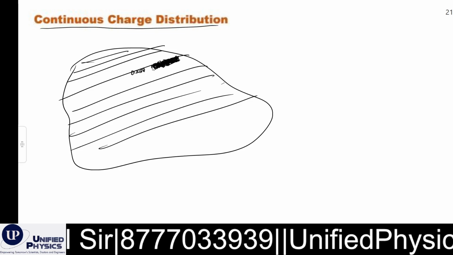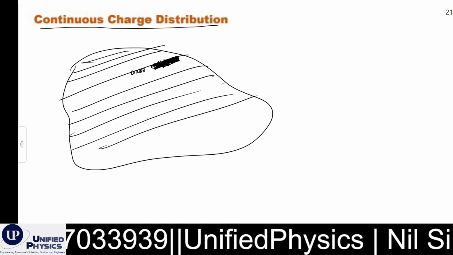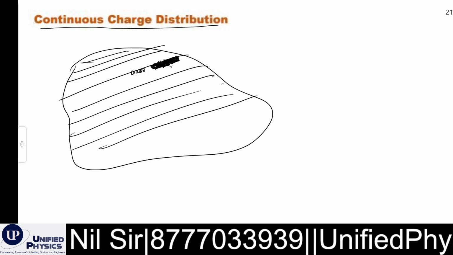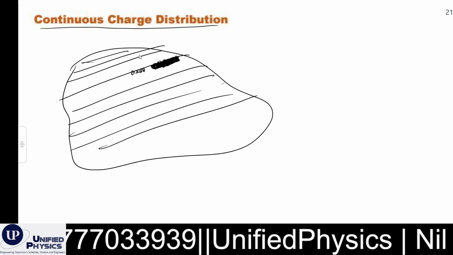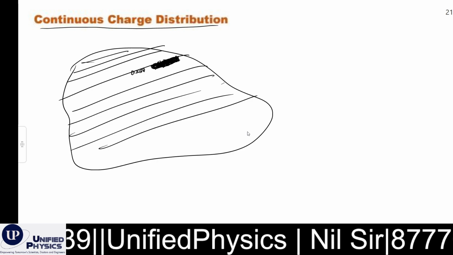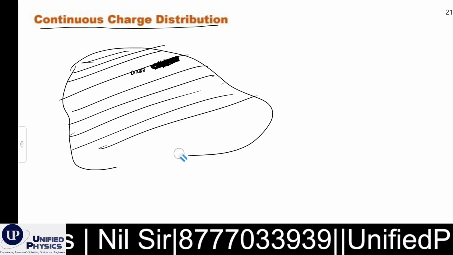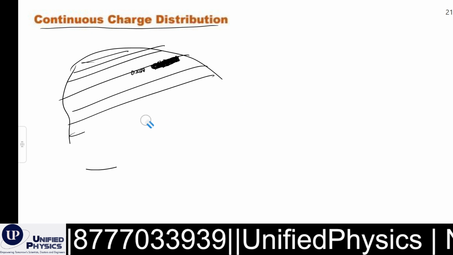That means in this small area, the sand I mentioned is so abundant that we can assume these are continuously distributed throughout this surface, correct? Similarly, if the distribution of charge is enormously high on a body, then we can say that this charge distribution produces